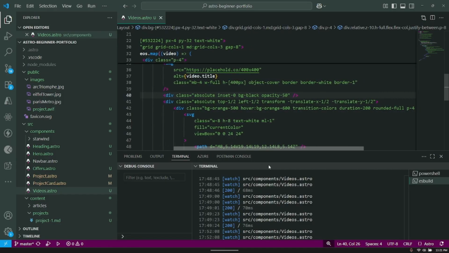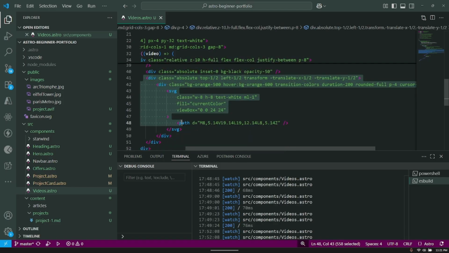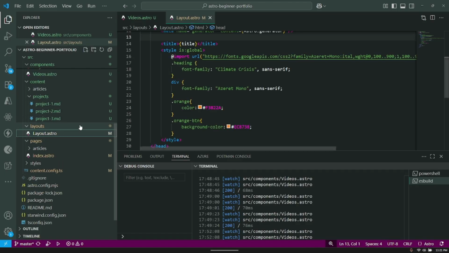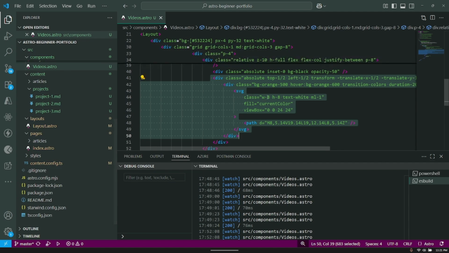Then we have this div here for the button. Oh yeah, I wanted to check in our layout file. Okay, it's called orange button. Okay, it's not what I want. Okay, no worries. So